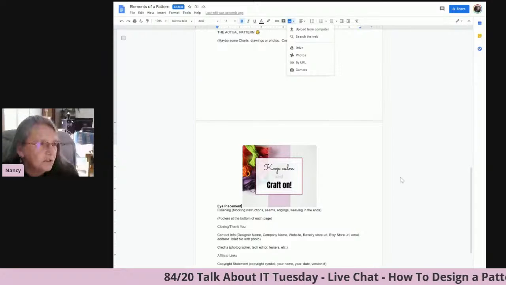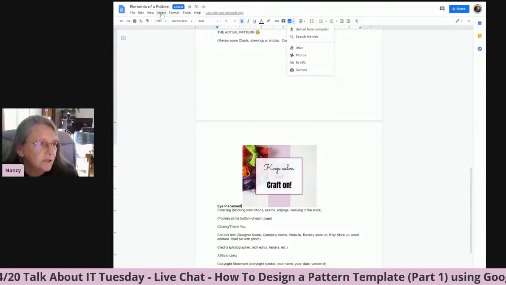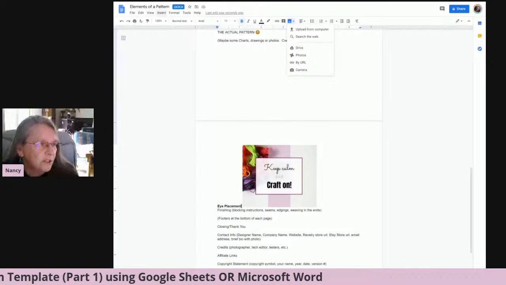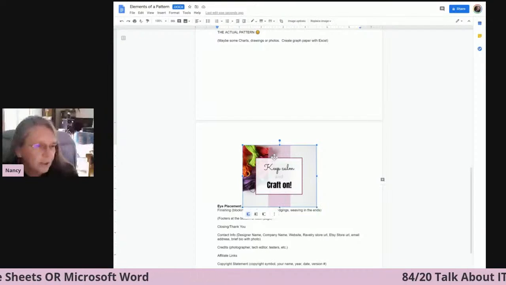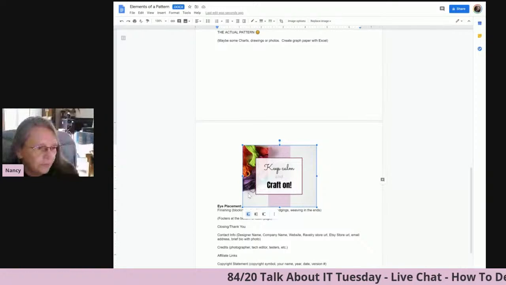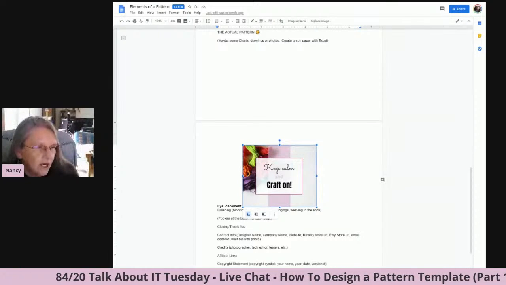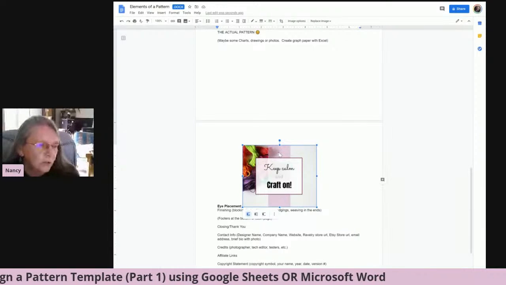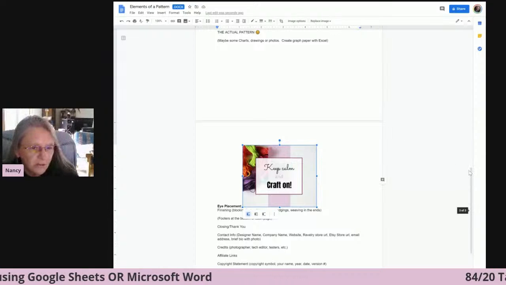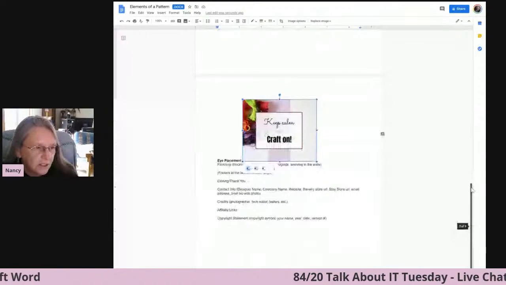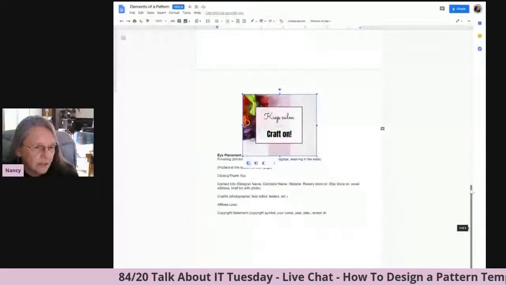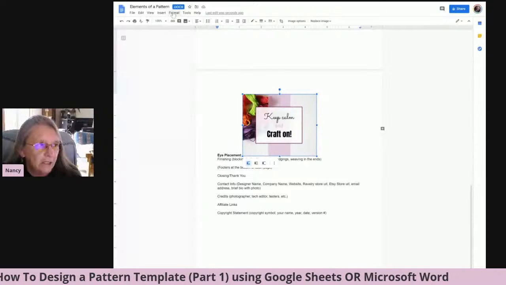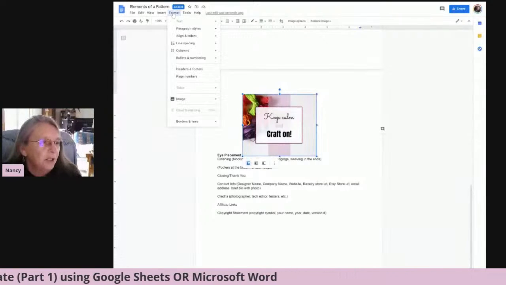Now, I'm going to confess I don't know how to do this in Google Sheets, but I know how to do it in Word, and that's how to have your text over next to the photo. So this is kind of how you can design things in Google Sheets. And when you're all set and you have all of that formatting in place, okay, come back to